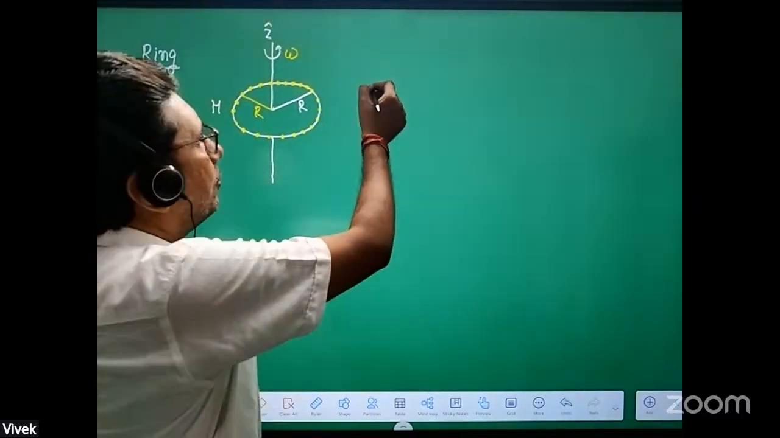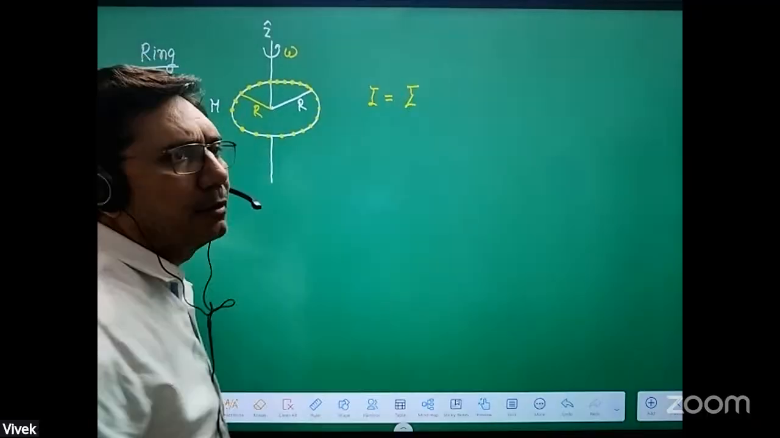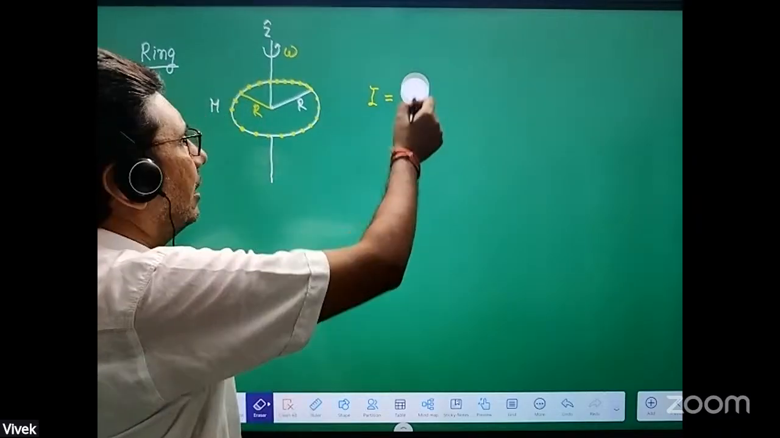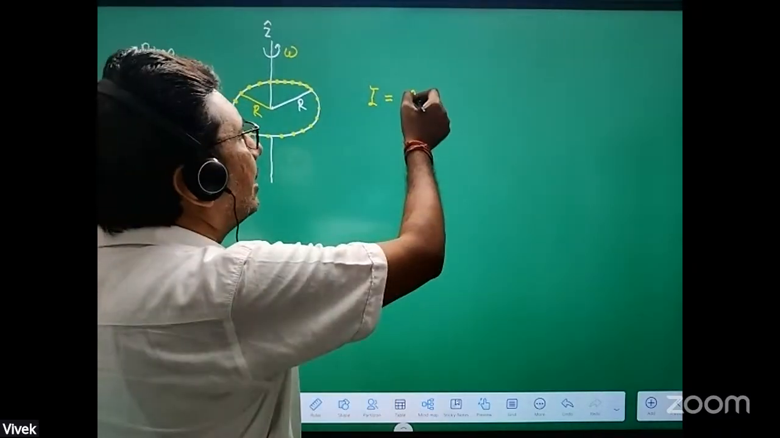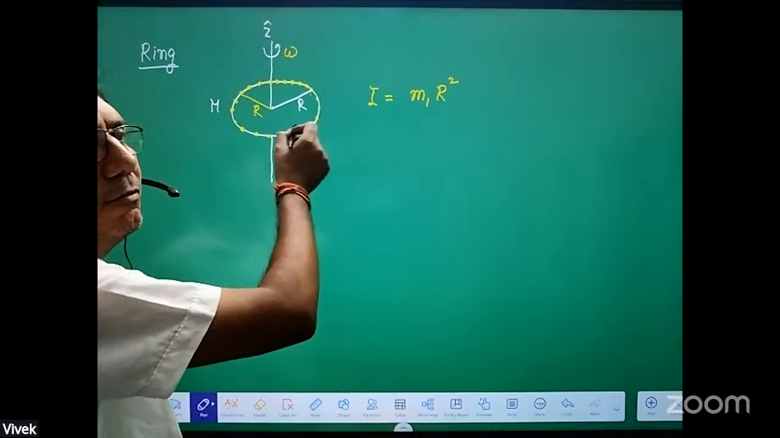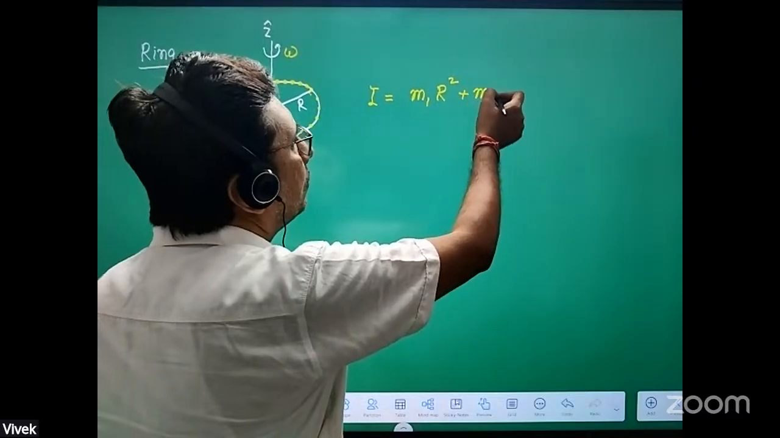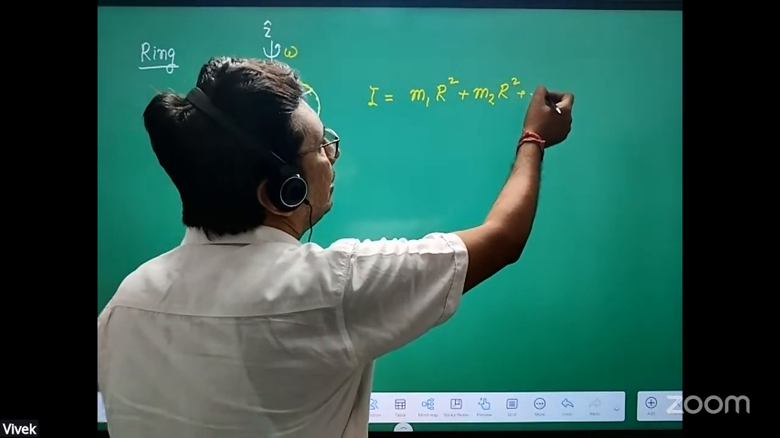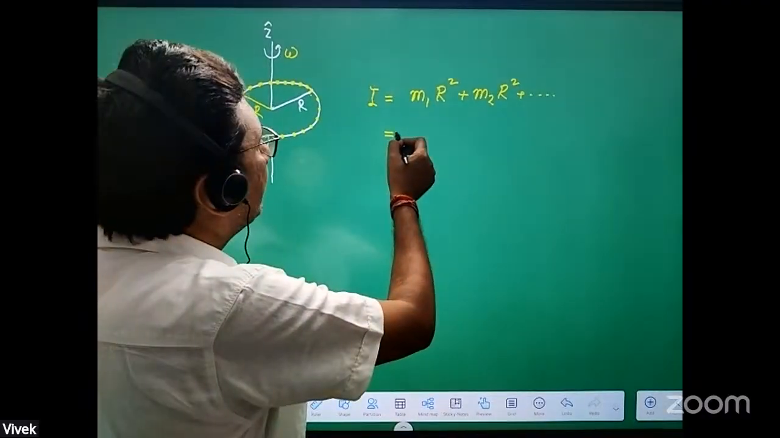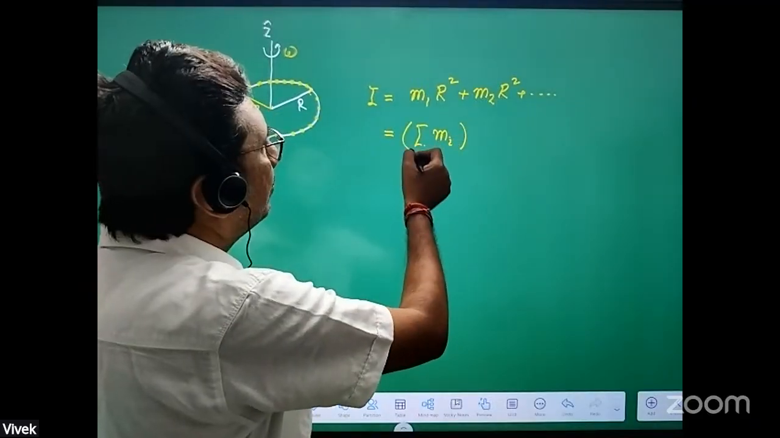So what will be the moment of inertia? It will be sigma. This will be the first particle: m1, distance is r square. For each and every particle, distance from the axis of rotation is r. For the second particle, it will be m2, and this will be r square. And you can consider an infinite number of particles like this. So if I convert it into sigma, then it will be sigma mi, and this r square